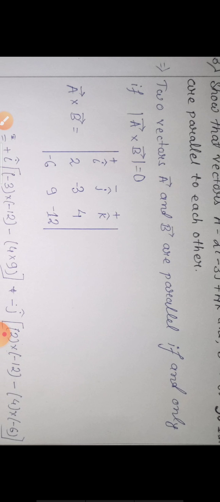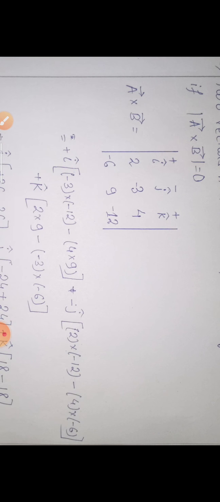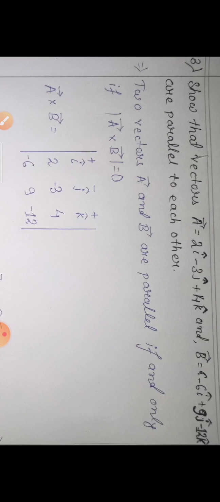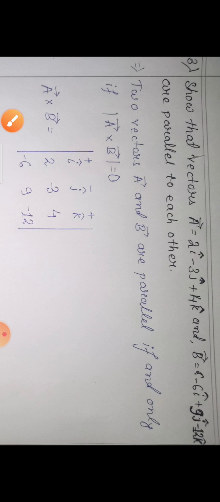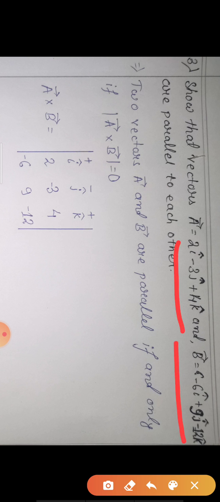So here I solve this question by the determinant method. You can also solve this problem in the normal method. You just have to multiply the a vector and the b vector, so you will get a total of 9 terms. All the i hat cross i hat type terms will be equal to 0, so only 6 terms will remain. Here we will solve in the determinant method.